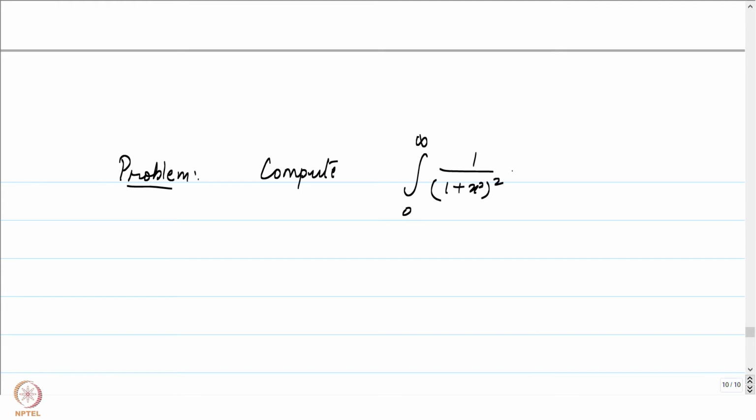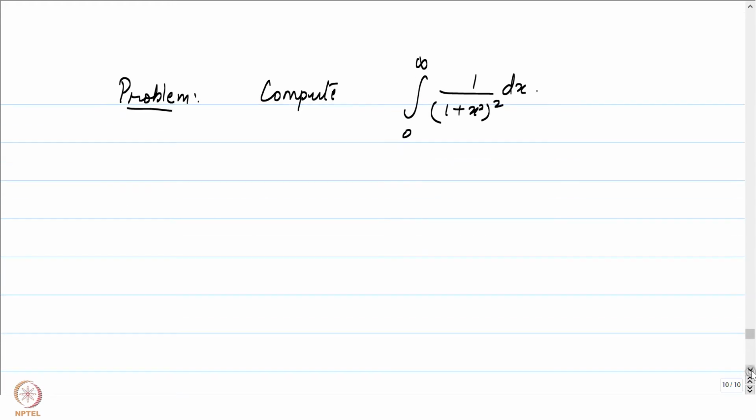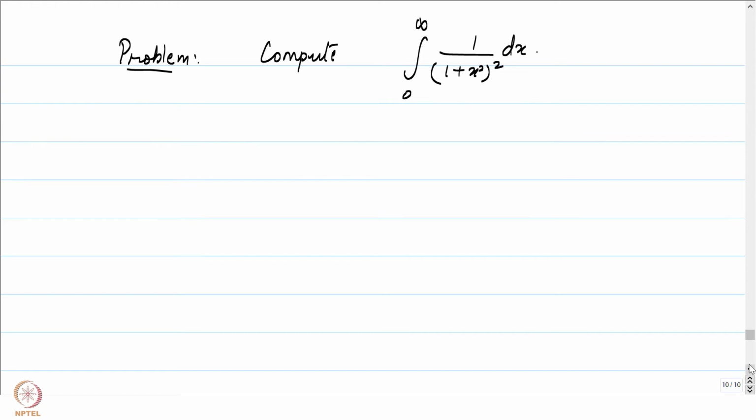Let's solve one more problem in a similar vein. Let's look at a real integral which needs to be computed. So, we will compute the integral from 0 to infinity of 1 by (1 plus x squared) the whole squared dx. Again, at first sight this might not look like it has anything to do with residues and argument principles, but we will somehow bring in the story of residues into this picture again, and we'll see how it works out.